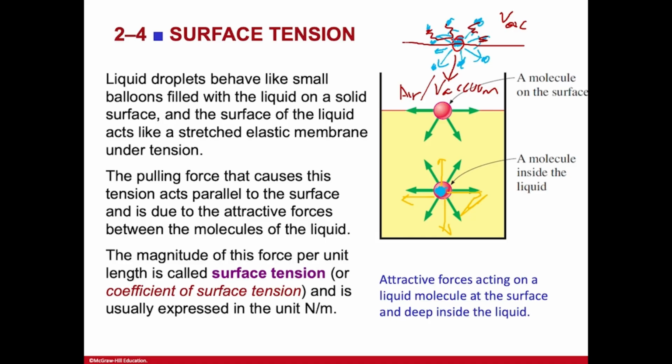This imbalance of forces experienced by fluid molecules at the surface is what causes surface tension. So that's one of the key things, at least the key understanding I want you guys to take: the imbalance of molecular or interatomic forces experienced by fluid molecules at the surface